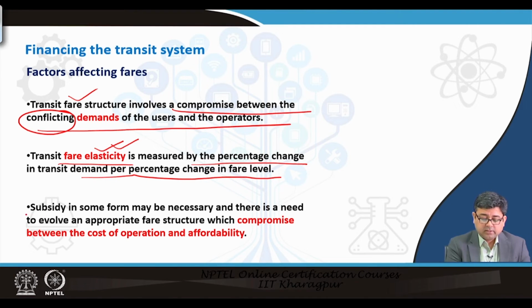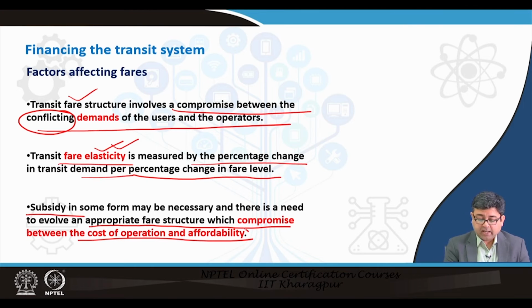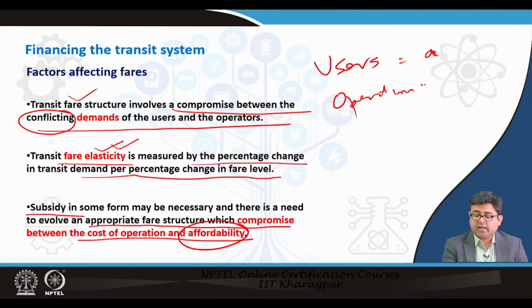Now, here comes in the subsidy, which can be applied appropriately to the fare structure, and a compromise between the cost of operation and affordability can be reached. Now, in this balancing act, the operators have to charge x amount of money per person as a fare, whereas the user wants it x minus a amount. So, they always want less. So, if the users want a cost of a and the operators want the fares to be at b, where b is greater than a,